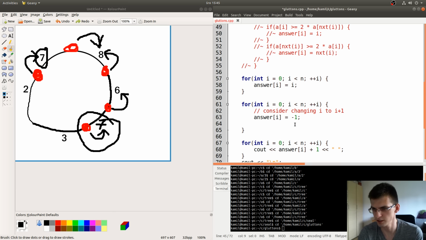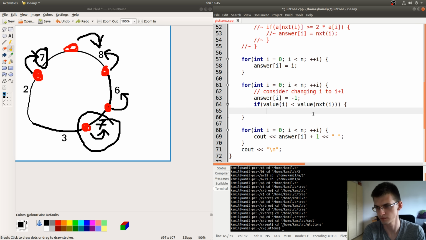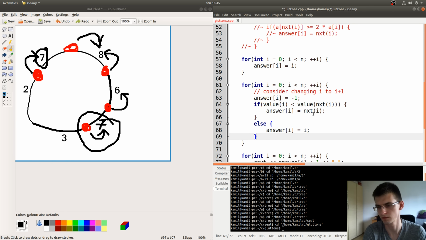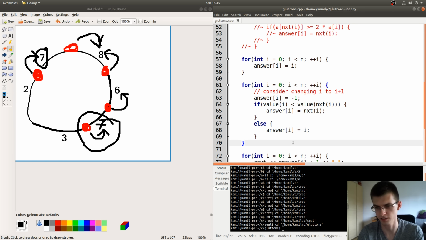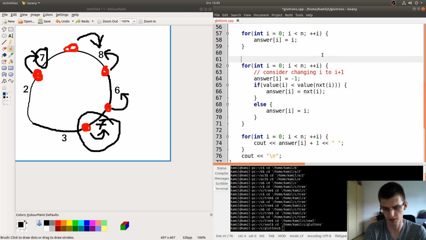Okay, and here we are choosing between I and I plus 1. If value of I is smaller than value of next of I, then choose that next of I. This is something. Let's also say that